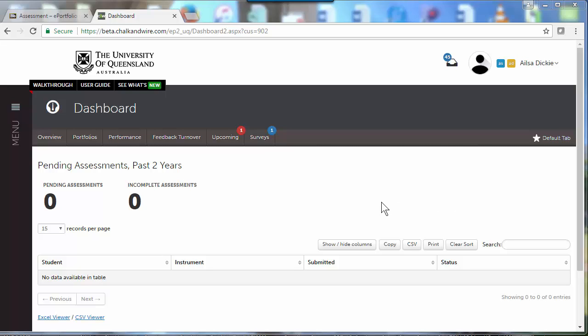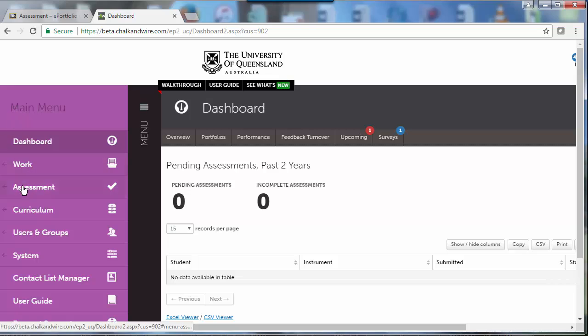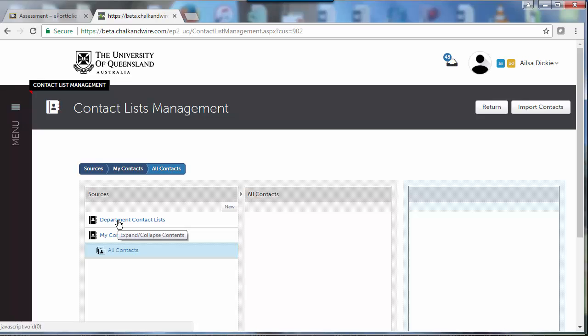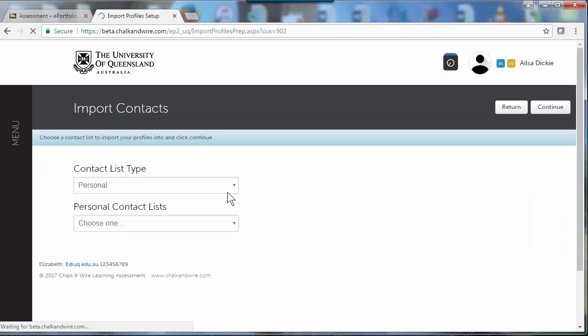For the professional staff to add providers into the ePortfolio system, they just need to download a list from the placement system and go into the ePortfolio to the Contacts Manager, and we'll choose Import Contacts and we'll put them into the VETS school. Just press Continue,